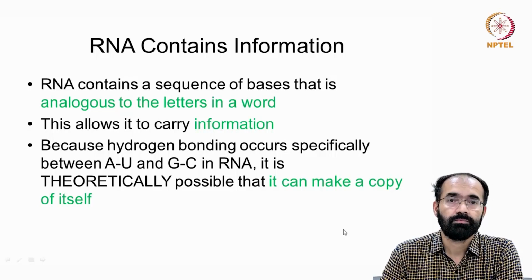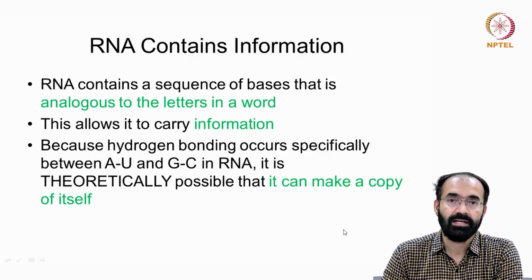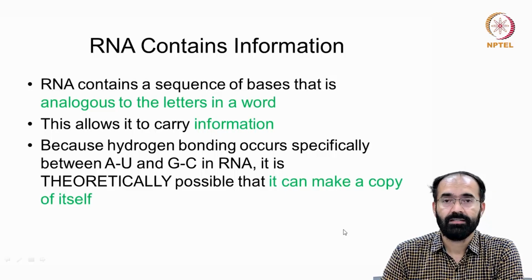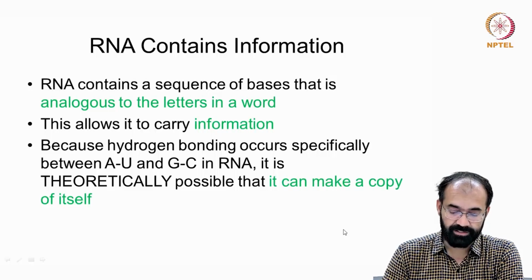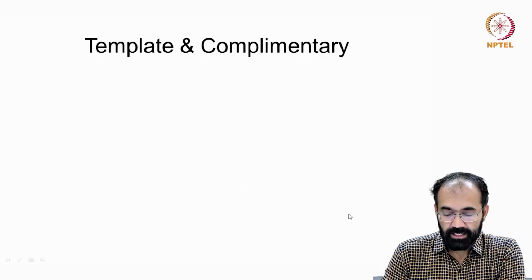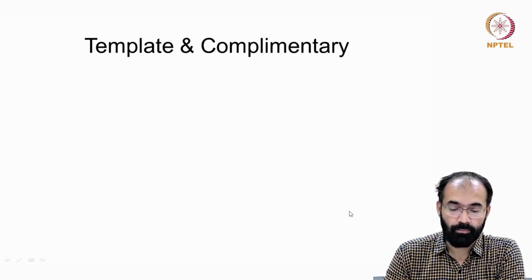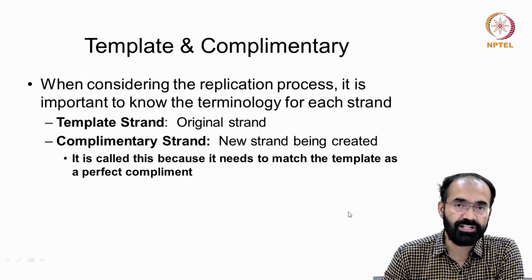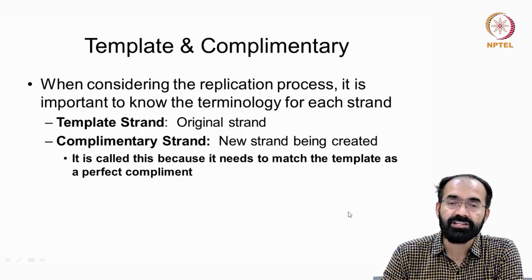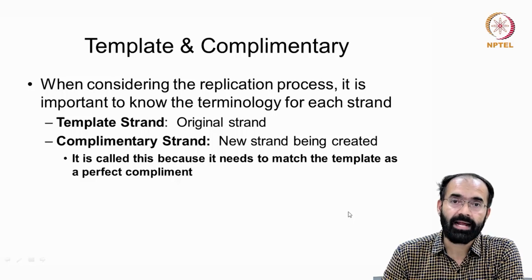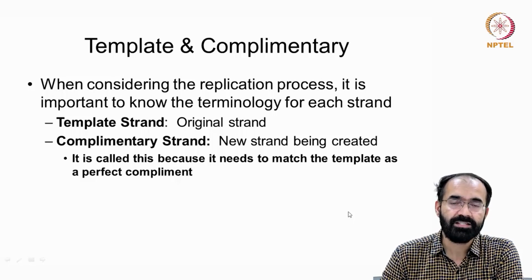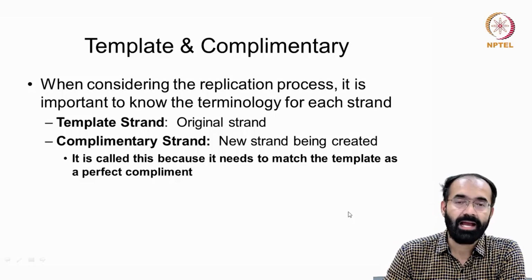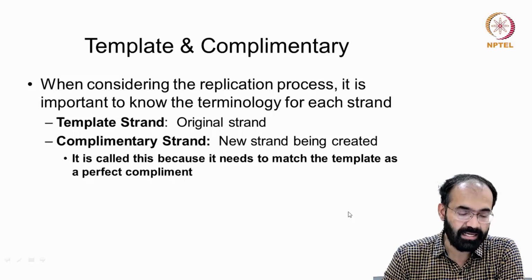Like if you see yourself in the mirror, it is not what you actually look like. What you see is a mirror image. And if you reverse it with another mirror, that is your actual image. So let us think about the template and the complementarity. They will always be complementary to each other. When an RNA strand is there, it will always attract a complementary strand, which is the basis of formation of a stem structure. And when there is no complementarity, it will remain like a loop structure.